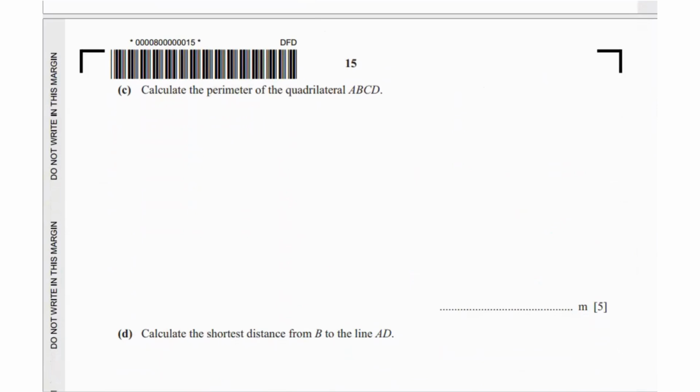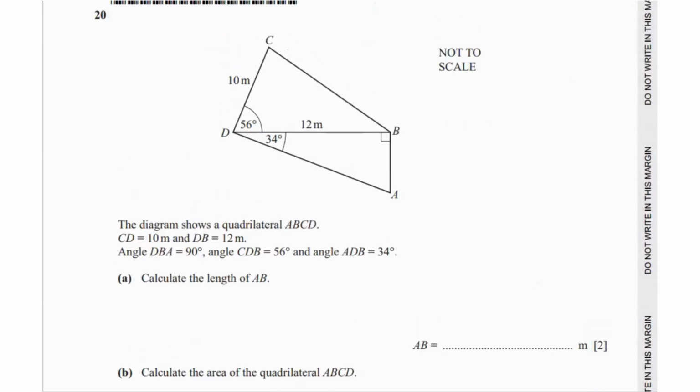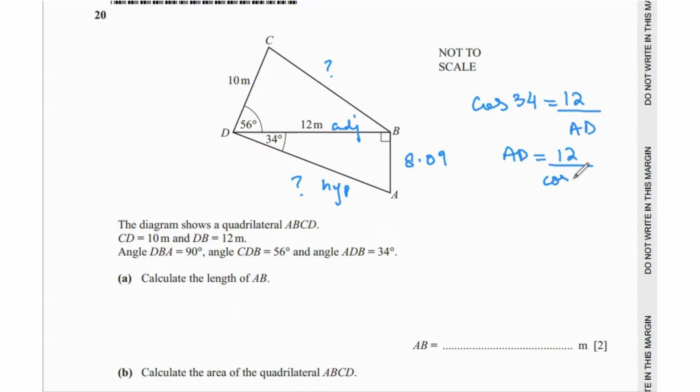Then it says calculate the perimeter of the quadrilateral ABCD. So for the perimeter, we need all of the lengths. We have this one, we don't have this, and we don't have this. So for the right angle triangle, we can use SOHCAHTOA or Pythagoras to figure out the third length. I'm going to use SOHCAHTOA. We have the adjacent. I need to find the hypotenuse. So I can easily use cosine. Cos of 34 equals adjacent, which is 12, over AD. So AD would be 12 divided by cos of 34, which gives us